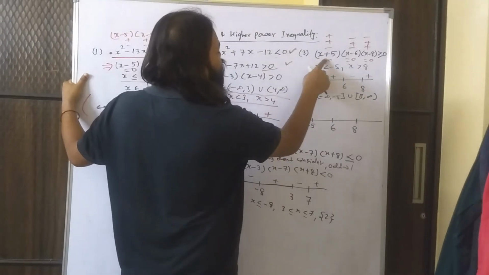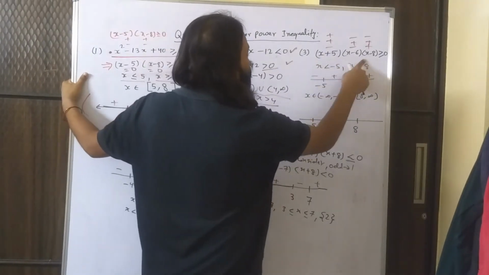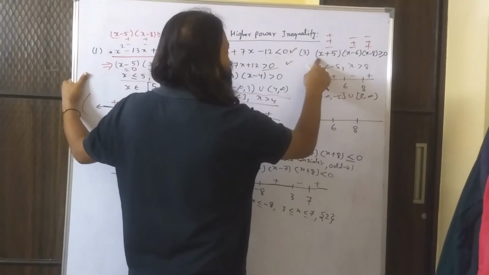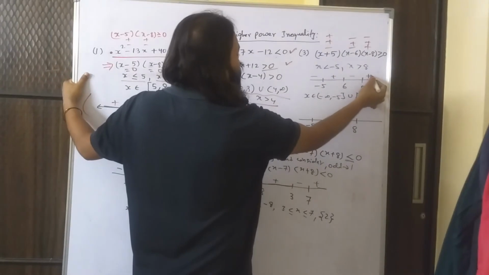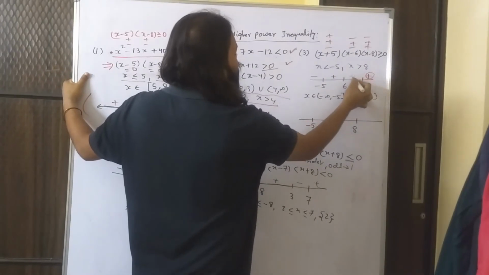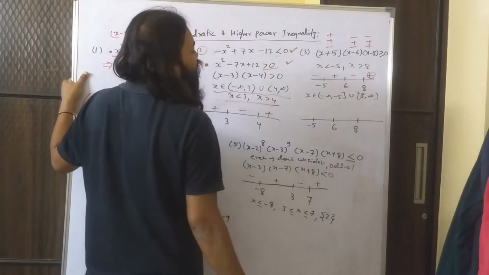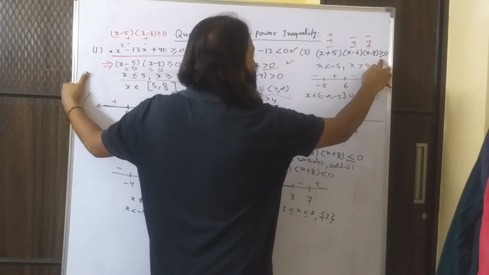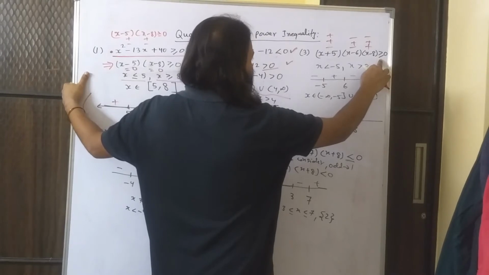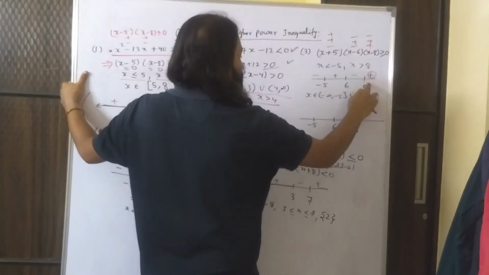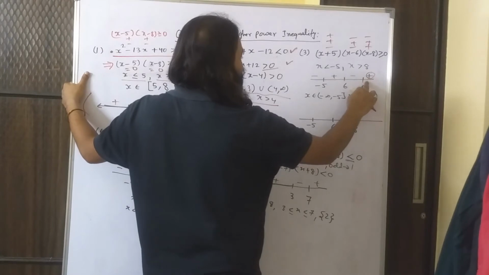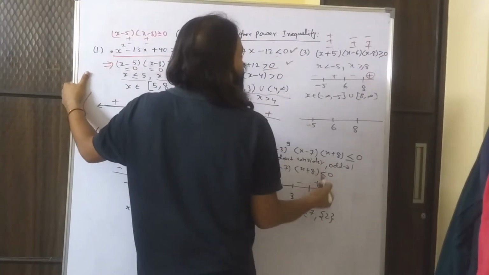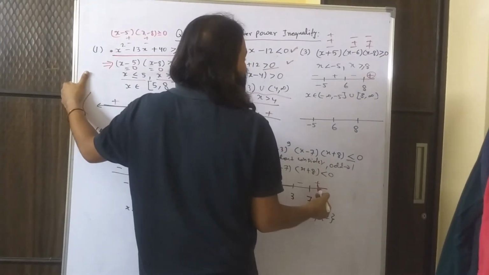Now you can see the coefficient of all the terms of x is positive. So x into x into x is x cube. X cube coefficient is positive. So I can start here with plus, minus, plus, minus. And which region is important for me for the answer? This is the region which is important for me, because I want the value to be positive. So I need this region. X should be more than or equal to 8, and x should be less than -5.